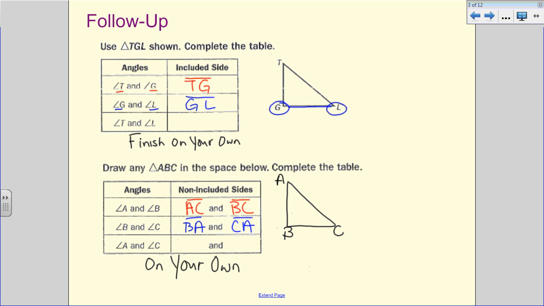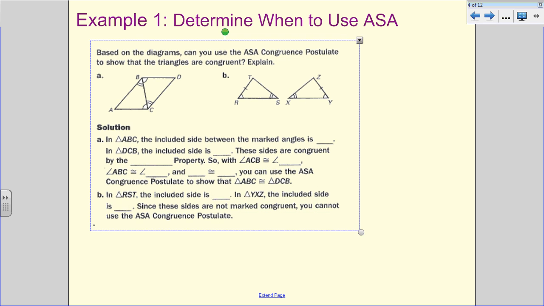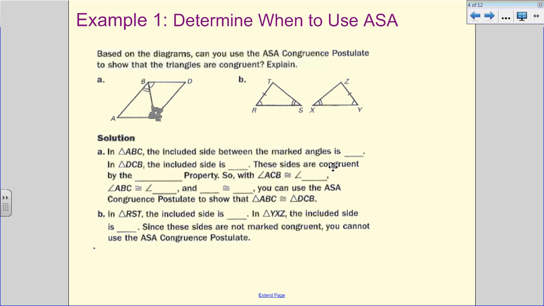I want you to look at angle A and angle C and figure out what the non-included sides will be. All right, now what we're going to do is take a look and see if we can figure out when we get to use angle side angle. So based on the diagrams, can you use the angle side angle congruence postulate to show that the triangles are